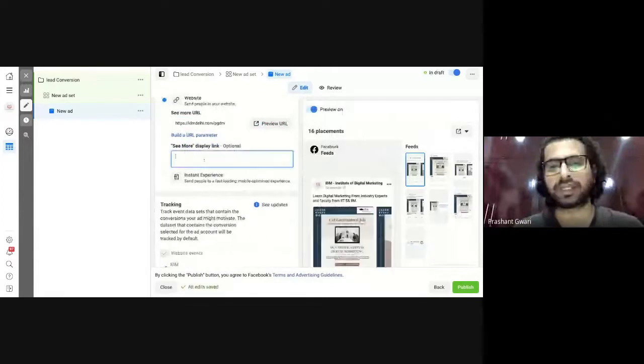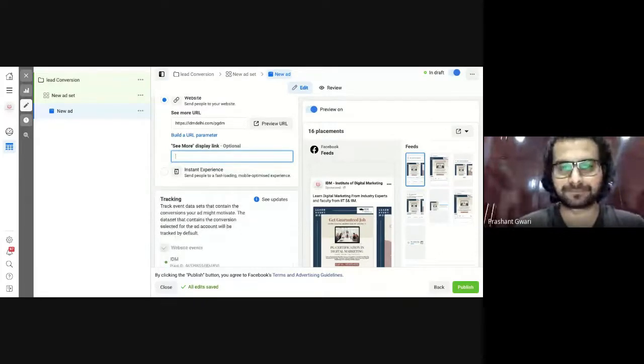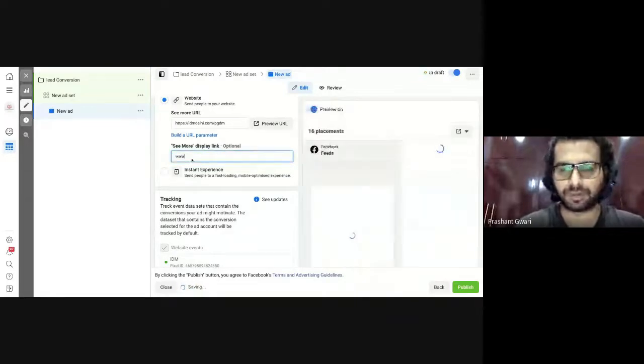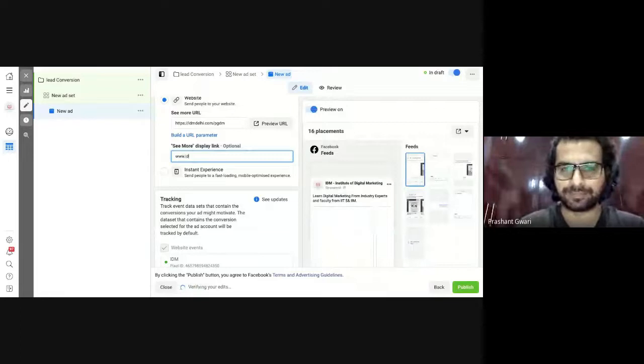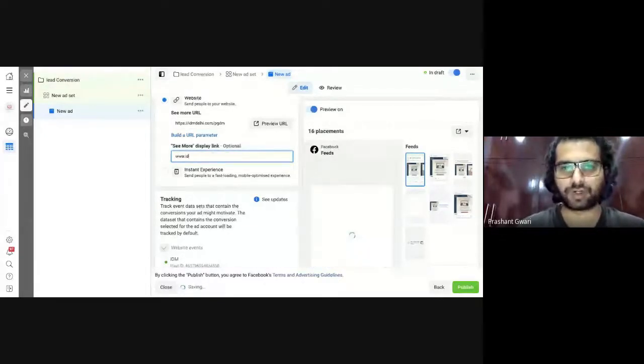See more option is where your company logo will appear. As you can see in the carousel image, there are 4 images: 3 images related to our product and the 4th image is the profile picture of our business page. So when someone clicks on the profile picture, where will they be redirected? What you can do is type the URL for the see more link, which will appear like this one, www.idmdaily.com, like this.